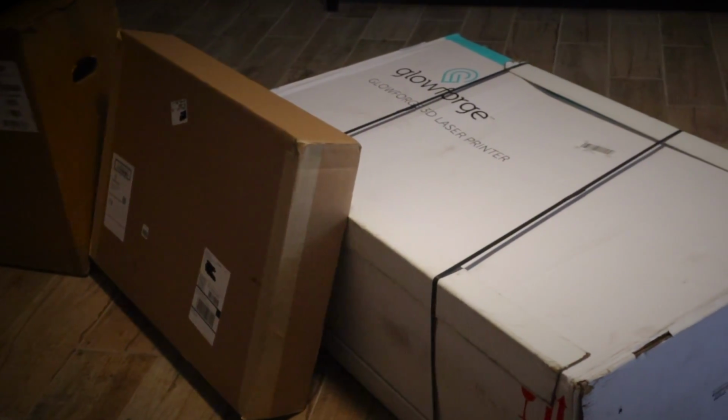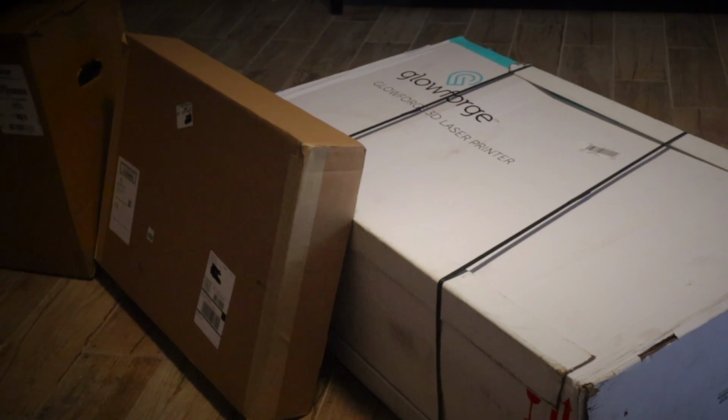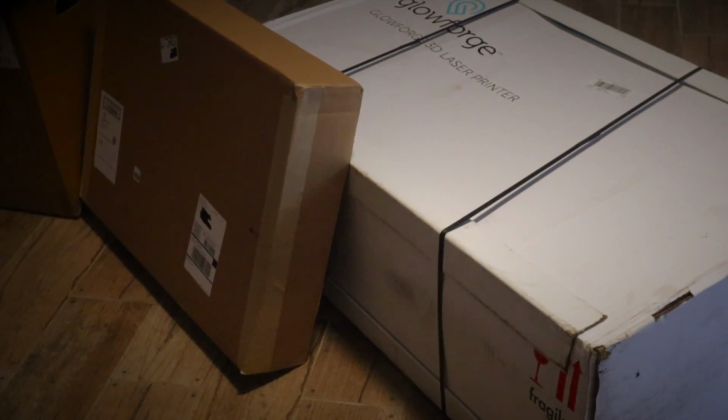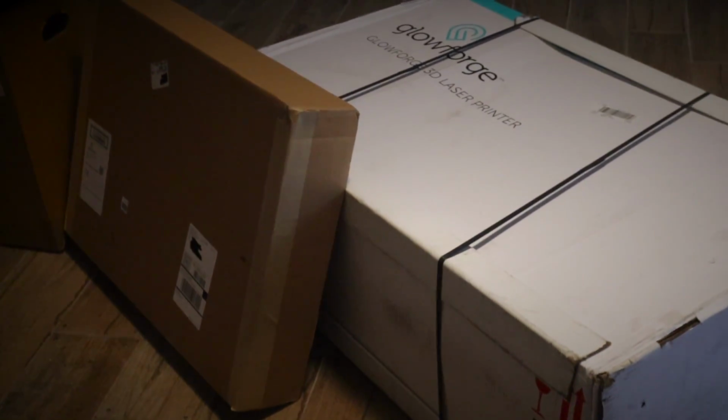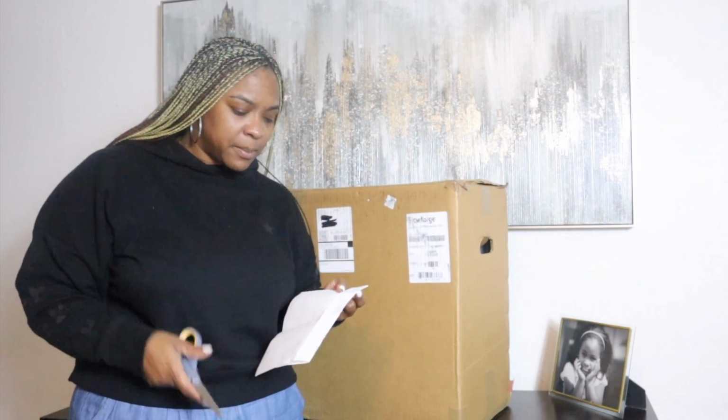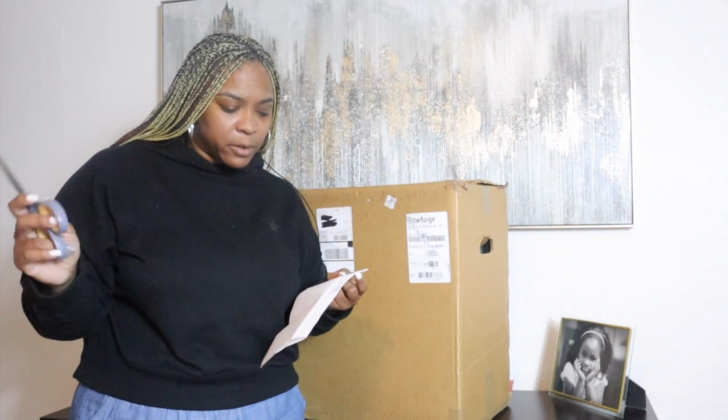Today's video is going to be an unboxing of my Glowforge Pro that came 2 weeks early. So I'm super excited and I am ready to get started with unboxing. Let's go. Alright guys, so of course I wanted to check the packing slip and I should have my Glowforge